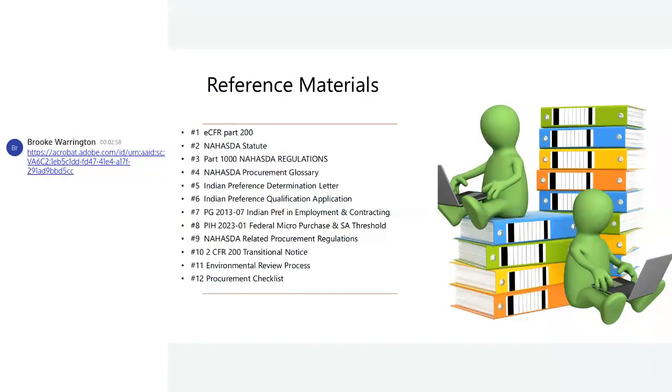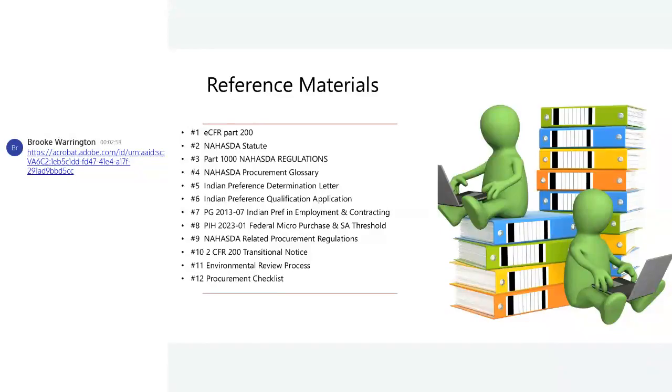Please utilize these reference materials, download them, put them in a file. They'll become helpful to you at one time, or maybe you even print them, and at least you'd know the numbers to go find them on Code Talk at a later time if you need them. 2 CFR Part 200 and your own procurement policies, you guys got to have. If you're in procurement, you should have copies of those, okay?